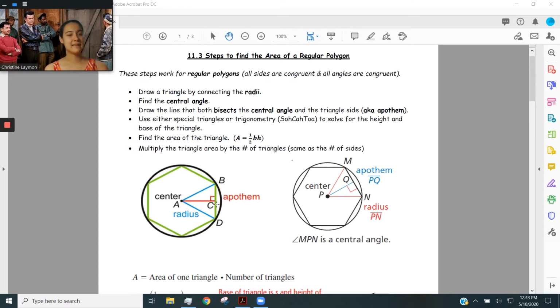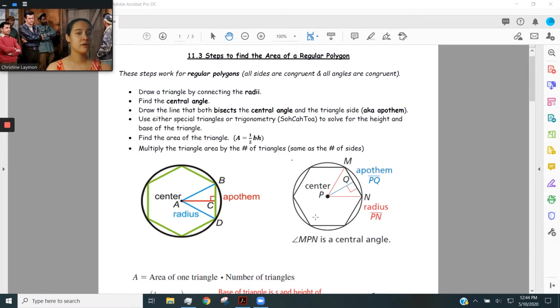Now, that segment that connects the triangle side to the center has a special name. It's called the apothem. So in this first picture, that red line, that segment from A to C is the apothem. And in the second, that segment PQ is the apothem. Just a special name. From there, you can either use special triangles, so 30-60-90, or 45-45-90 if you've been given those angles, or regular trigonometry, so SOH CAH TOA from chapter 9, to solve for the height and